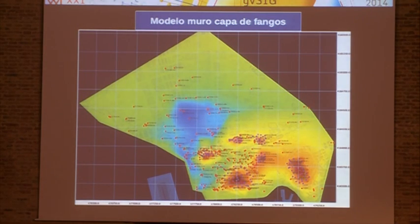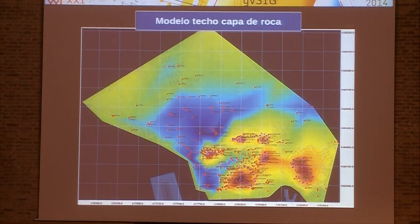As for the wall model for the Sledge layer, some areas appear at considerable depth. These areas are under study at present because the one we can see on the left is Mar de Mandarache, where the former Roman port was supposedly located, which would be very interesting to confirm from an archaeological point of view. And on the north, on the lake area, a great depth was also found,